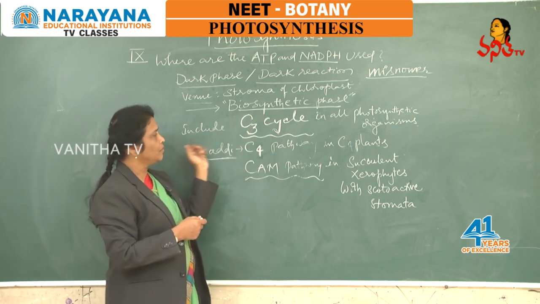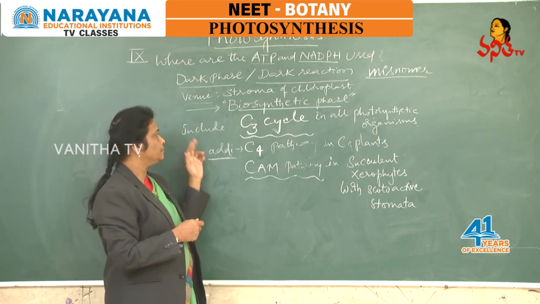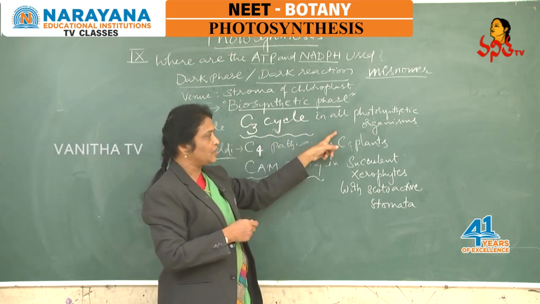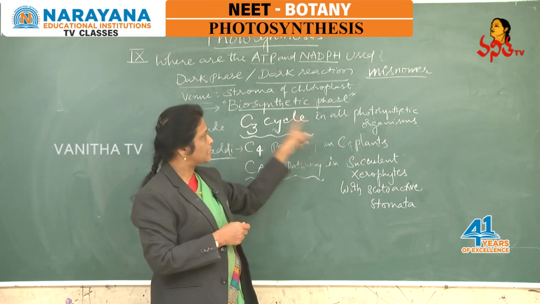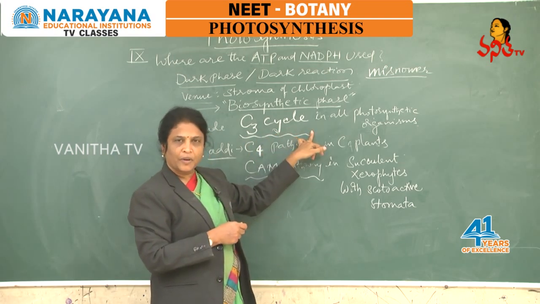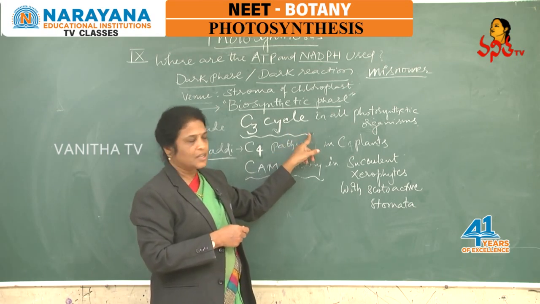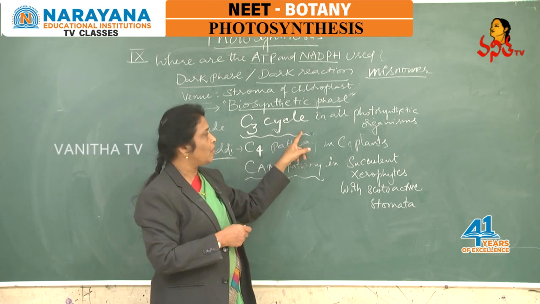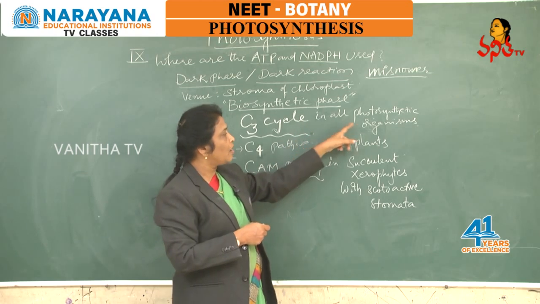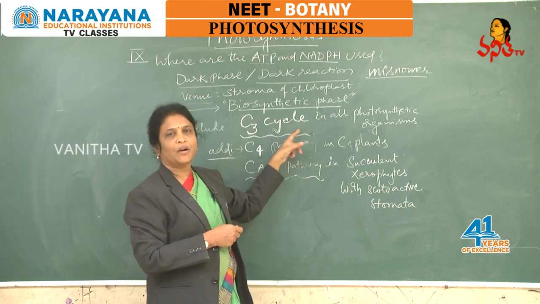Okay. Now, coming to the different biochemical pathways or reactions that occur during the dark phase. The dark phase includes the C3 cycle, and the C3 cycle occurs in all photosynthetic organisms during dark phase reactions, that means during the dark reaction. This is the way by which photosynthetic carbon reduction takes place. Carbon dioxide is reduced to carbohydrate only through C3 cycle reactions, which are also called Calvin cycle reactions, and we consider the C3 cycle as common for all photosynthetic organisms, and that is the only way of carbon reduction into carbohydrate.